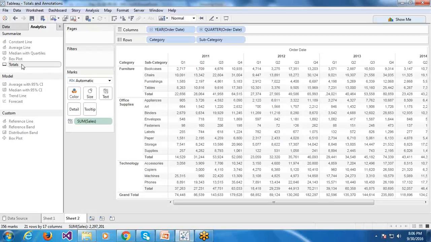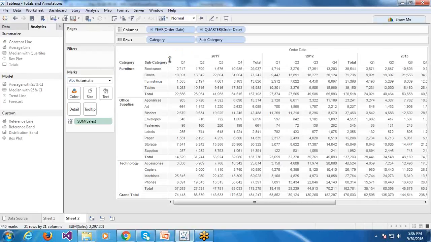So that's how subtotals, row totals and grand totals work. When we distribute by year and quarter and try to do some analysis, we can't get a subtotal only for the year; we will get it for the rows as well.